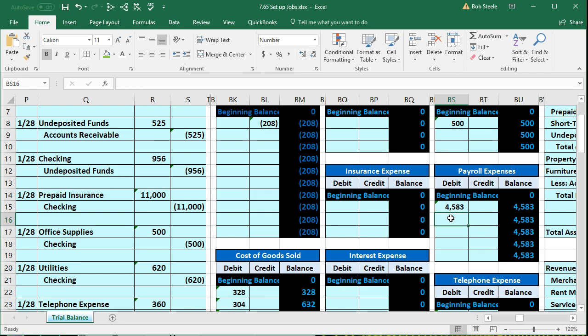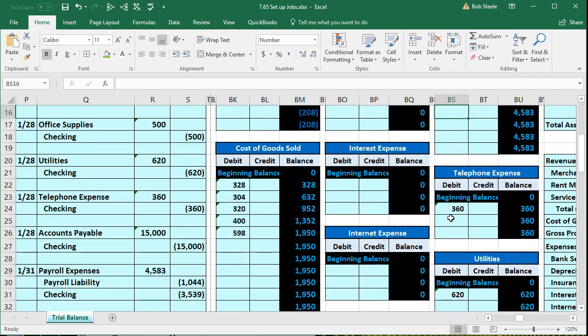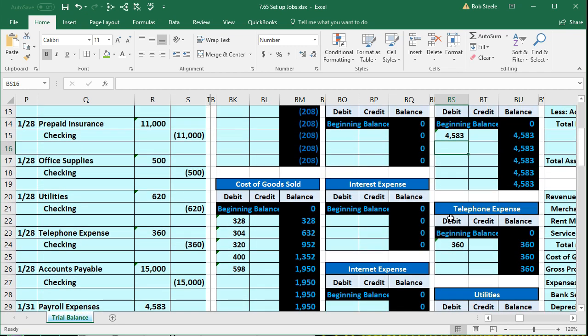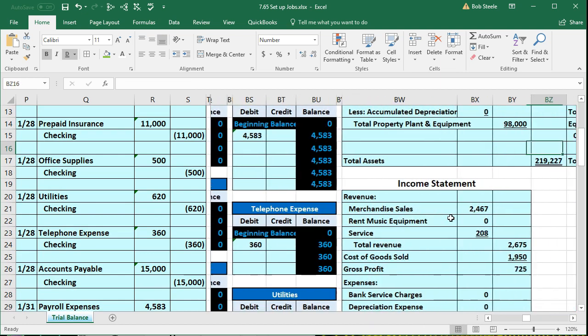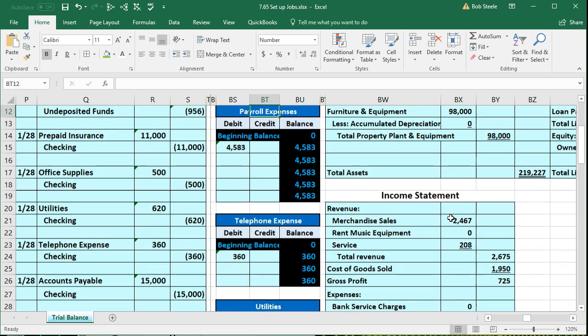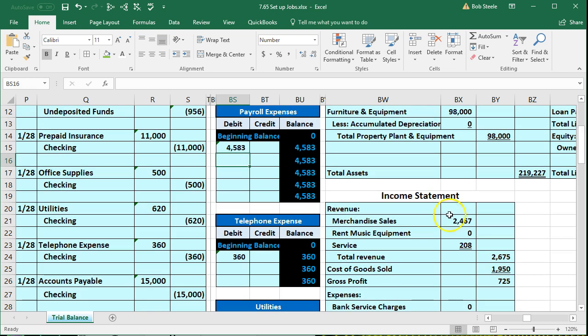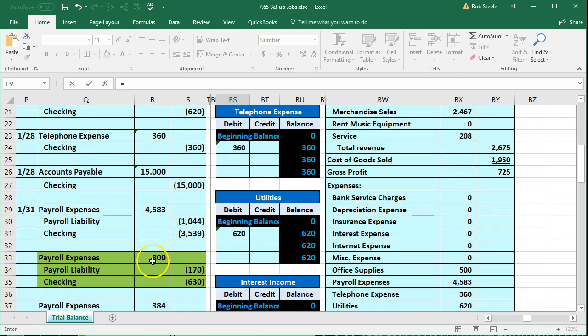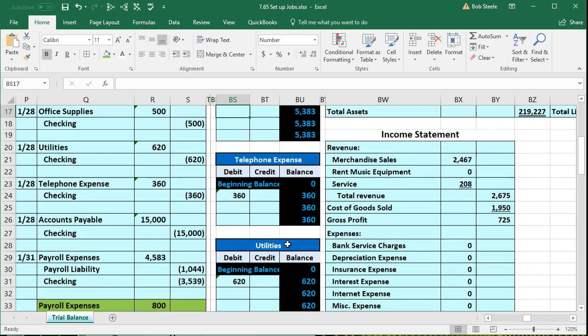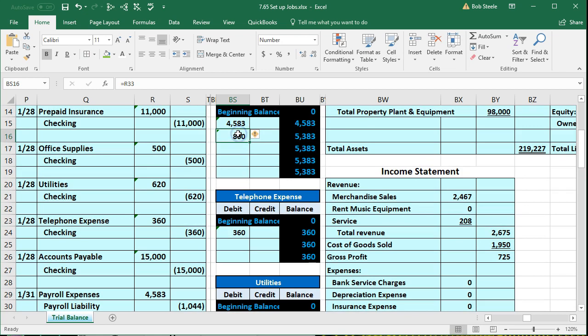So I'm going to scroll down just a bit. We can't quite see them on the same screen. I'm going to have to scroll down a little bit. So I'll scroll over this way. This is payroll tax expense. We are in BS16 equals. I'm just going to scroll down a bit and get that 800 and enter. So you could just type in there if you're in the same cells, equals R33 as well. That puts the balance at